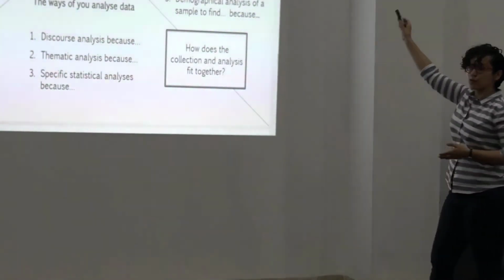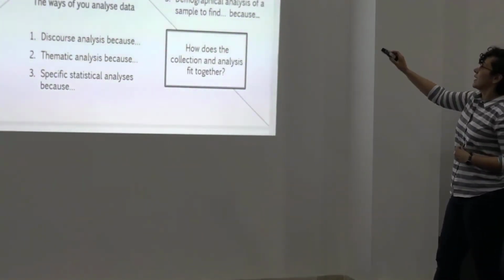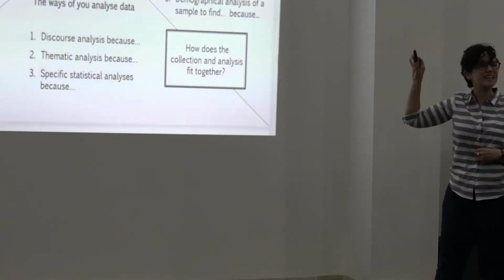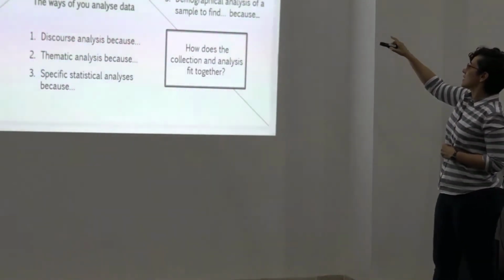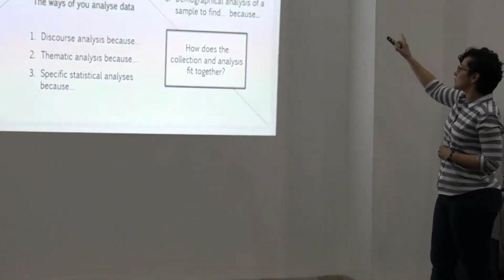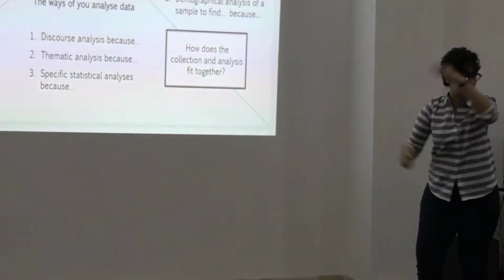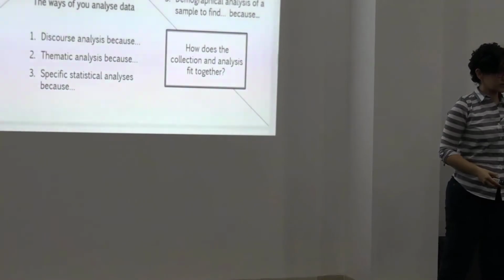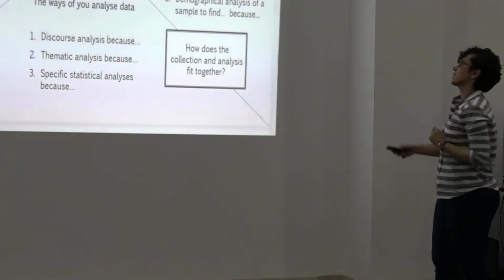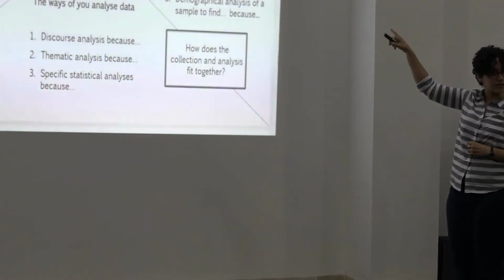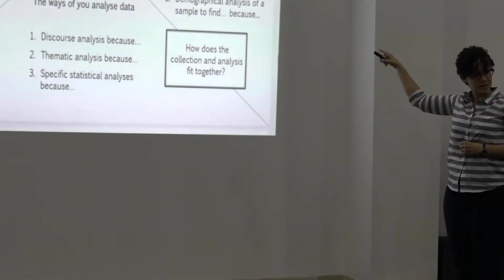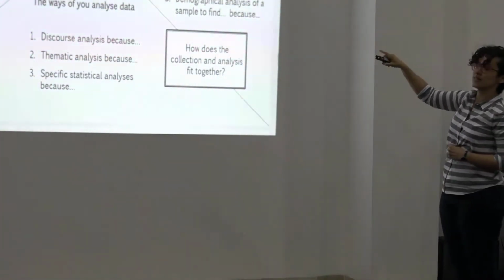Then on the right-hand side of your paper is your methods. How are you collecting data? So I'm doing focus group interviews, demographic analysis. This is me just coming up with examples of ways of collecting data. You know how you're collecting data. But please note, with each one, there's a because. I'm doing this to find whatever, because. So what are the because statements?